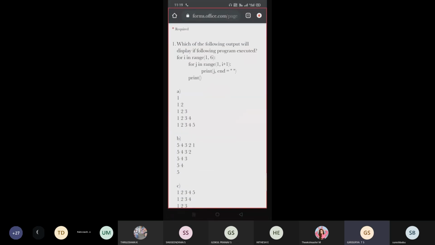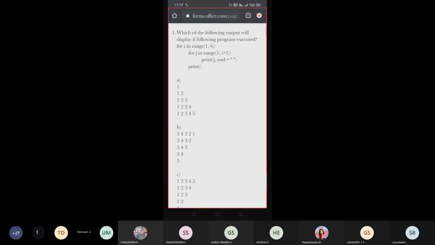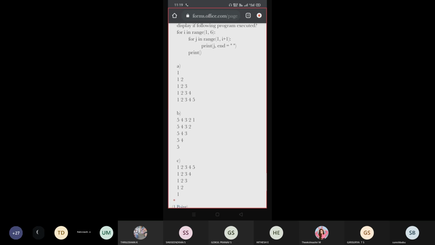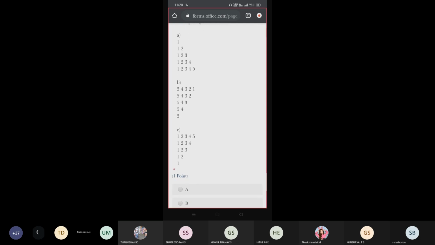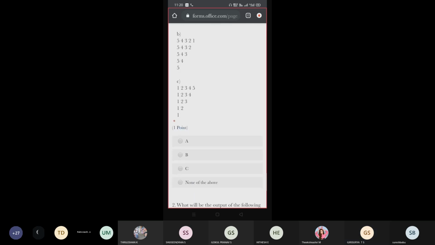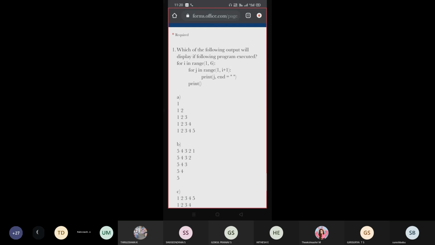So this is your MCQ questions. Kindly everyone mute and just listen. If you know the answers, you can tell the options. This is the first one. Which of the following outputs will display if you execute this program, students? For i in range 1, 6, then 1, i plus 1, then j. Students, which one? A pattern, B pattern, or C pattern? Option A. Yes, good. 1 to 6 means it starts from 1 up to 5. So option A is right.